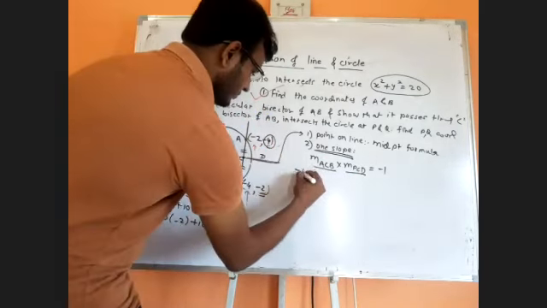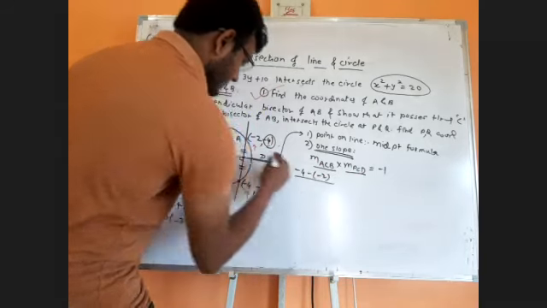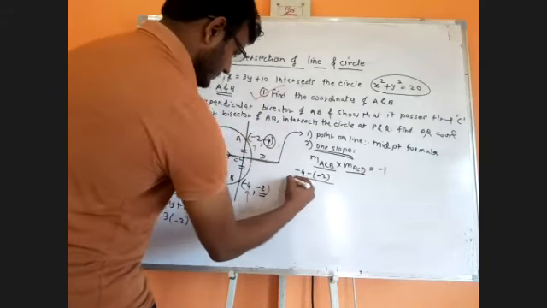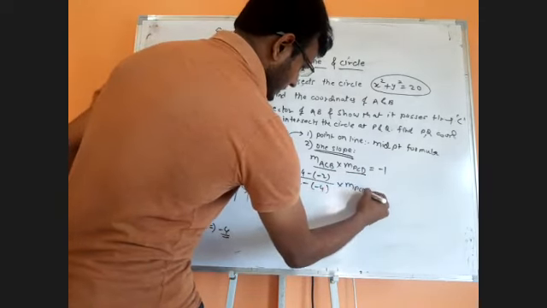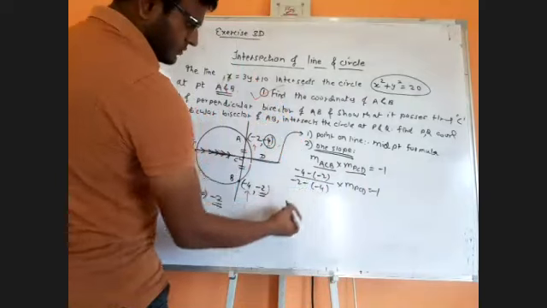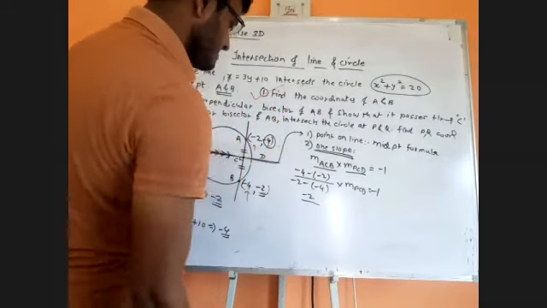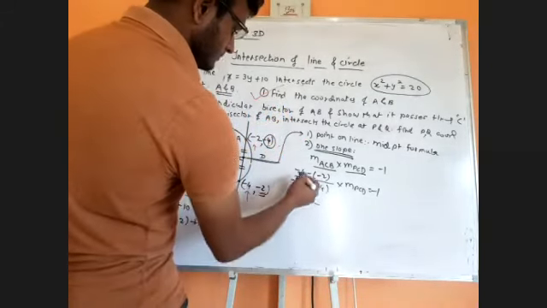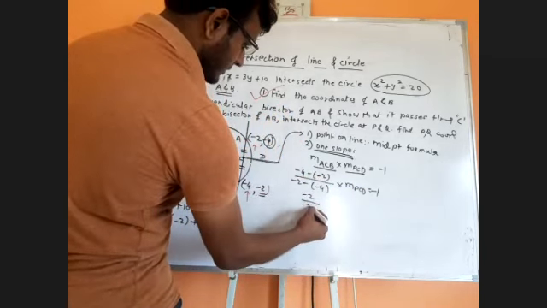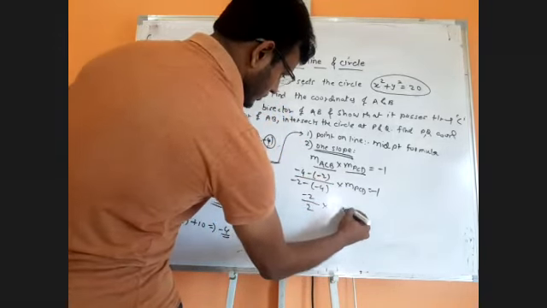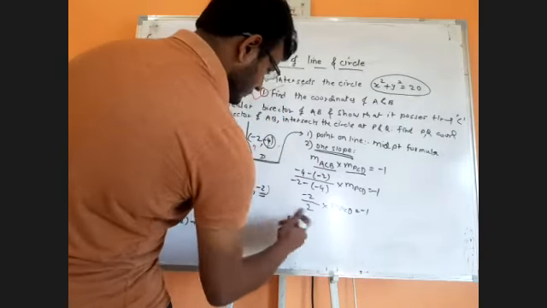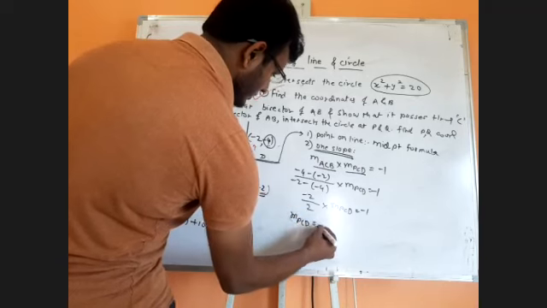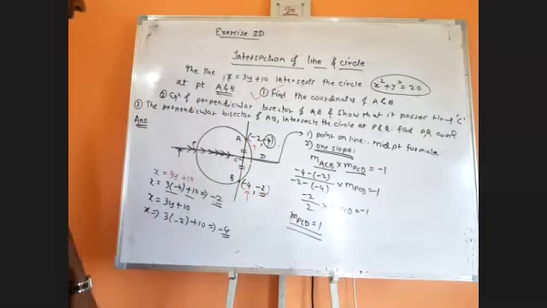So slope of AB is y2 minus y1 upon x2 minus x1, so -4 minus of -2 divided by... -2 minus of -4, which gives -2 divided by 2, into slope of PCD should be equal to -1. This will come out to be -1 times m of PCD. Slope of PCD should be equal to 1. Getting it? Yeah. Slope of PCD is 1.